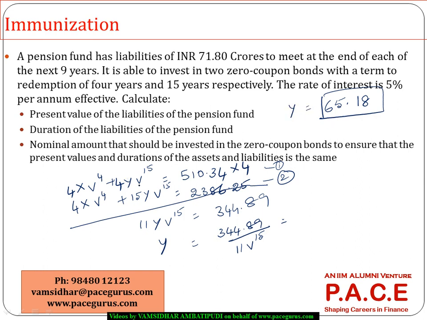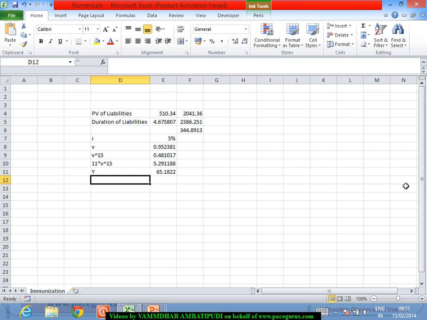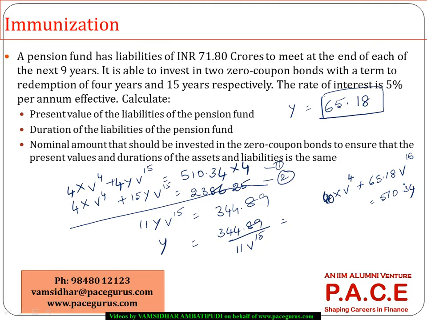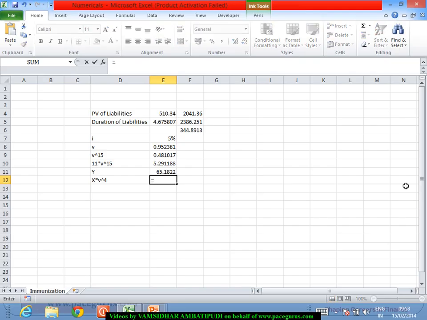The same thing, you substitute that number back into your first equation, x v^4 plus y, which is 65.18 v^15, is equal to 510.34. So x v^4, all that is coming out is 510.34